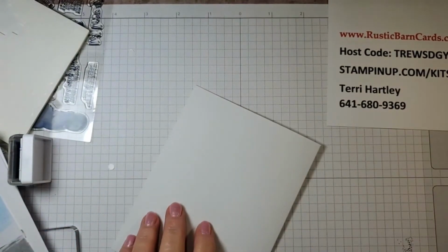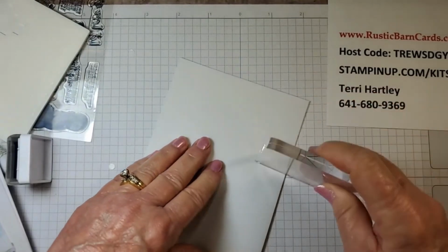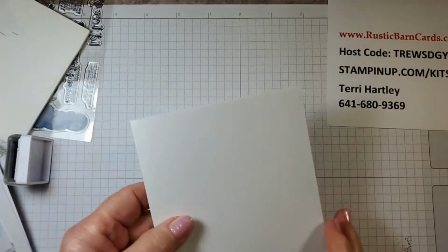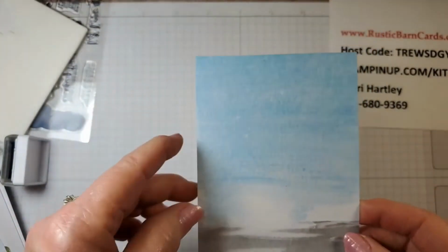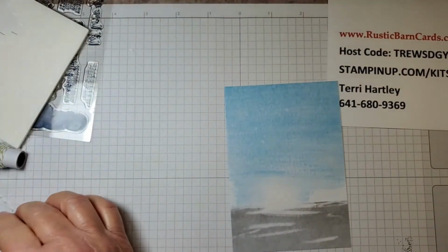Now, if you do not have a bone folder, you can take your block and you can just slide it up and down on your card to give it that crisp edge. Okay, so I'm going to lay that aside. And for this card, we're going to need this layer right here. And then I am going to go ahead and use